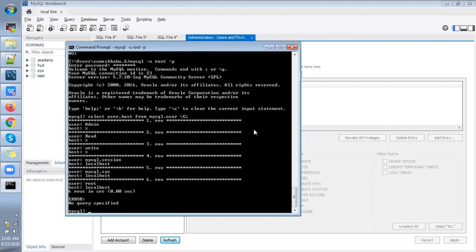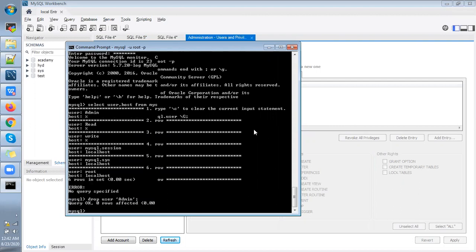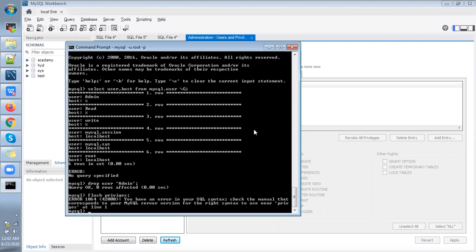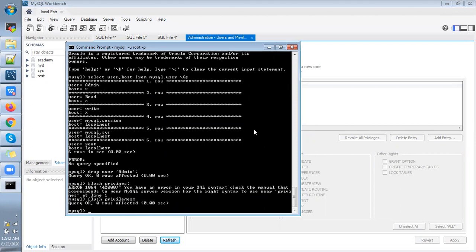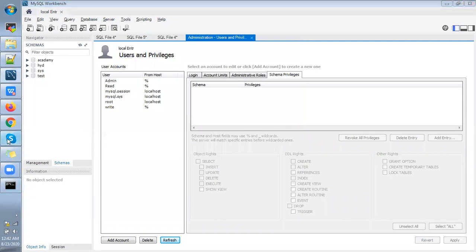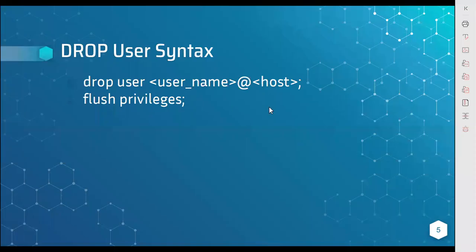So admin user is there. Then you just drop user called admin. I'm going to drop this one. Affected. Next, flush privileges. So it has been affected. Check, admin user is not available. So this is the end of the session.